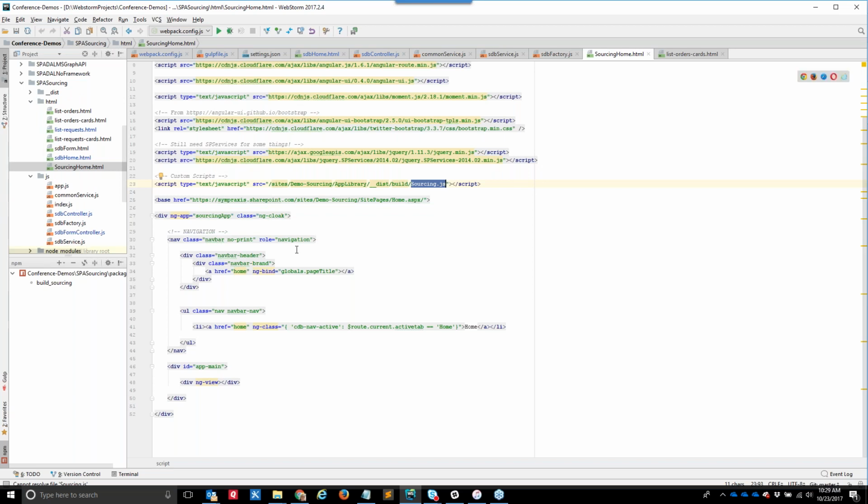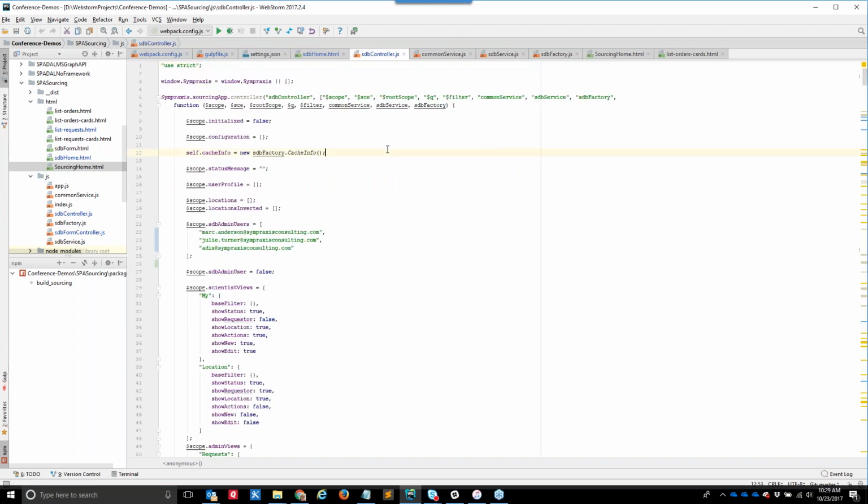So basically we have some HTML, we've got CSS, which I don't have open, but there's some CSS that designs all of that stuff. And then we have some Angular code that makes it all work. So for example, we have a controller, and I'm not going to go too far into what Angular is and how it works, but the controller is basically the logic. It's basically how do we make the HTML that's in the page react to what the user is doing, and sort of make things work.